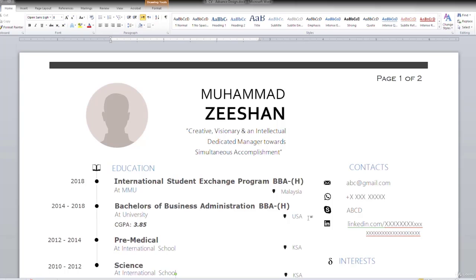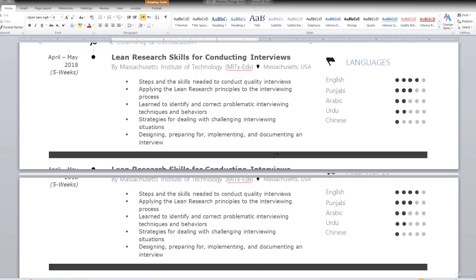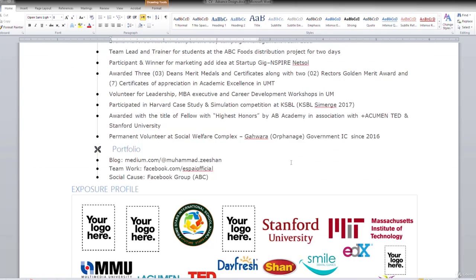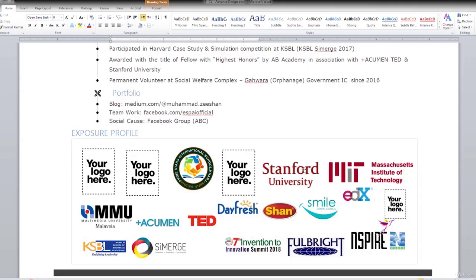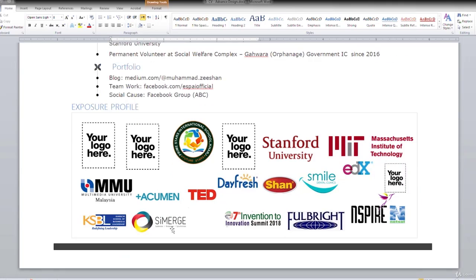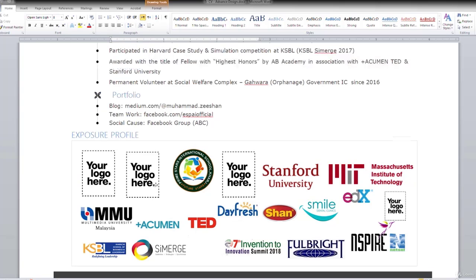So now we are here on the CV that we had discussed earlier as well. Now we are going to go to the bottom here. If we move to the bottom, you can see there are different logos that are representing what kind of exposure I had in the past, and they represent my overall exposure profile in terms of the logos and the firms that I had experience with, either in terms of getting some education, some charity work, having some online certification, or I actually had in-person experience there, or I had worked with those firms. So you can add those logos here as well in your exposure profile by the end,